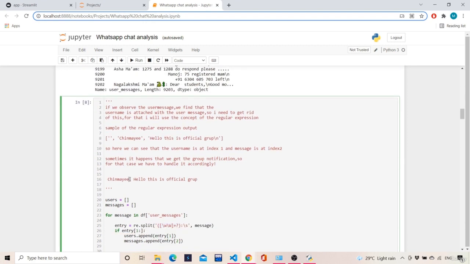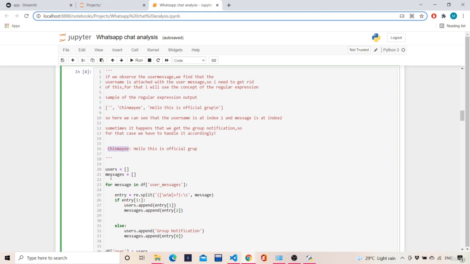As I said, before the colon, whatever is present is the name of the user, whoever has posted. So before colon, this regular expression is important in order to extract the name of the user. After colon, whatever the message is, I want that. So that is represented with slashes. So I am applying that regular expression and I am passing the message.